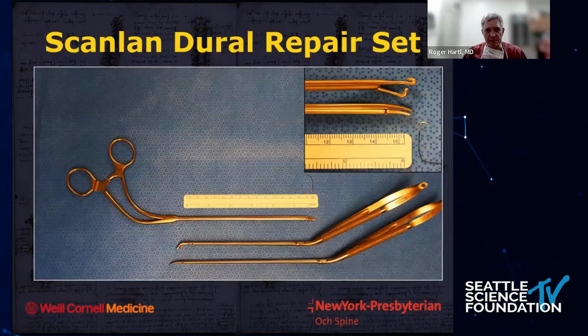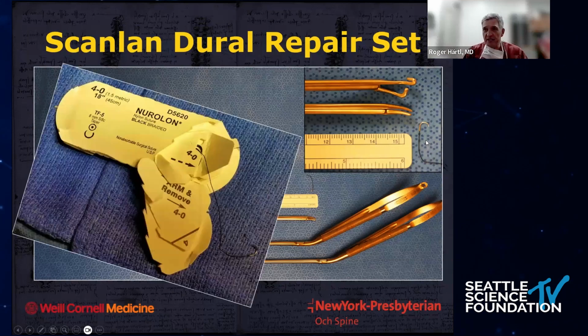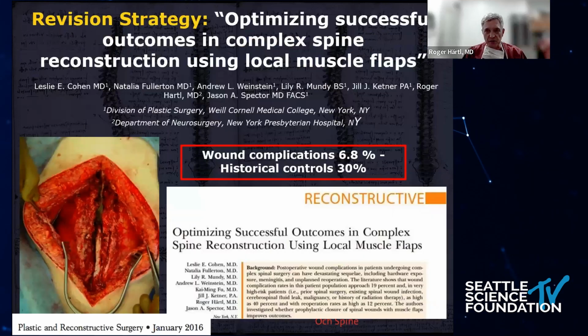Sometimes you see post-op these CSF leaks. I use the Scanlon dural repair set, which they call an endoscopic repair set. It's not really endoscopic, but it's bayoneted, as you can see here. And then I use this Neurolon needle. It's like a fishhook needle that you can use to really pull up the dural edges from almost underneath. And then there's a knot pusher, and that seems to work very well. It's a 4 Neurolon braided suture that I use for CSF leaks.